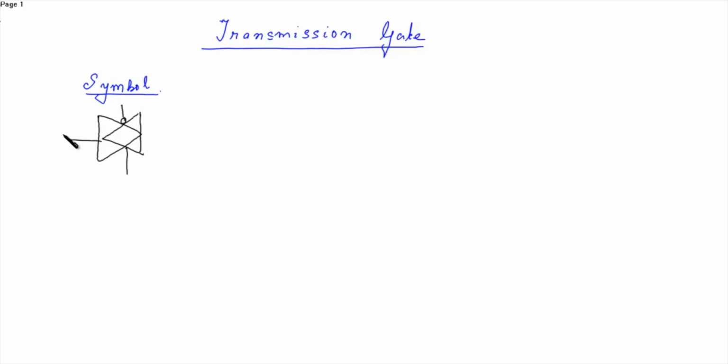This is the input in, this is the output out, this is the select line, that is select, and this is select bar. Now there is a control input, that is select,